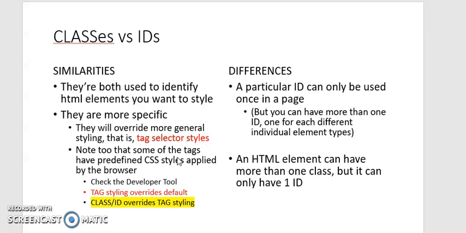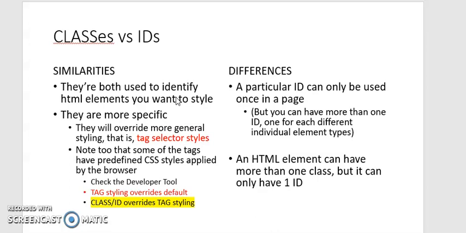So just a brief recap and also further clarification. We've been talking about classes and IDs. These are two types of selectors. Remember, we talked about them last week. We also said that they have certain similarities. First, both of them are used to identify HTML elements that you want to style. You use them for targeting particular HTML elements, but they are more specific compared to tag